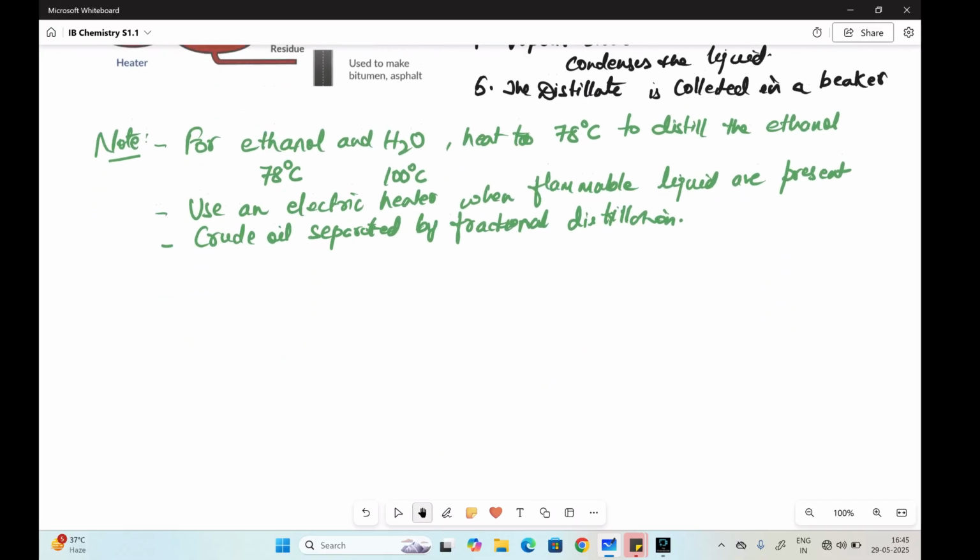Next separation technique is paper chromatography, very basic one, and